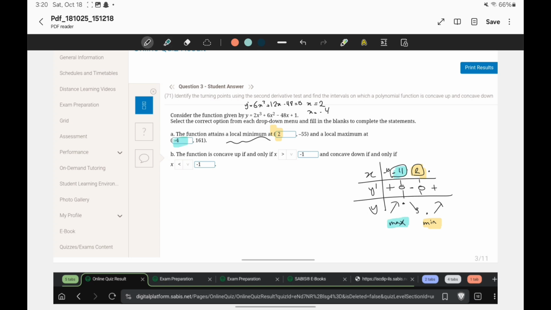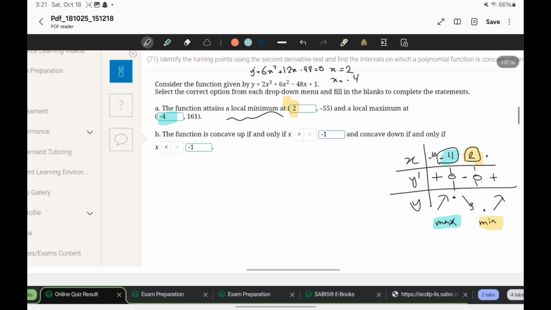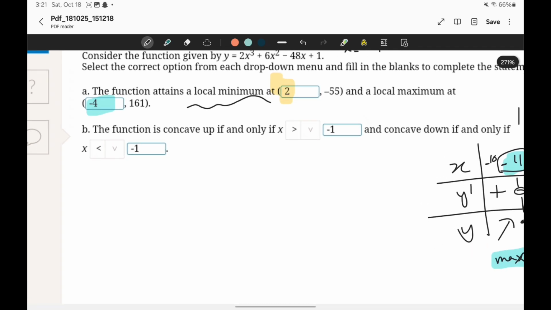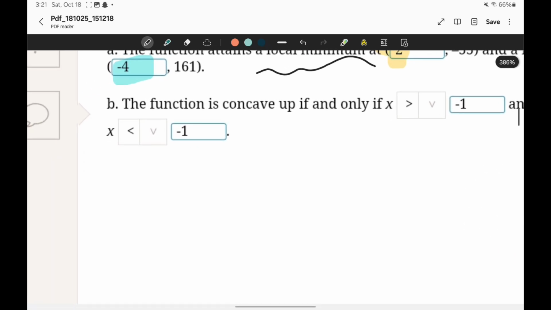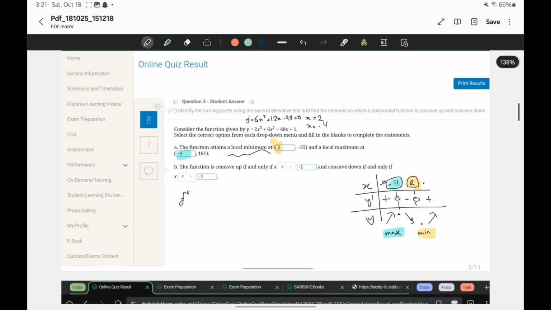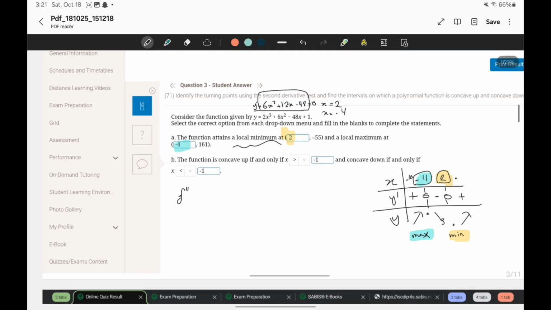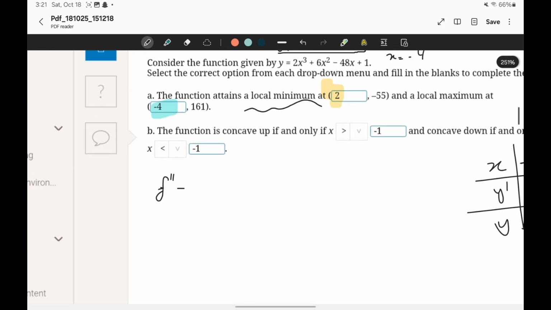Now part B. The function is concave up and concave down for which values of x? When they're asking you for the concave up or down, that means you need the f prime prime, right? So you need the inflection point. So f prime prime, we said that our first derivative was this, yeah? So if we derive that one more time, we get